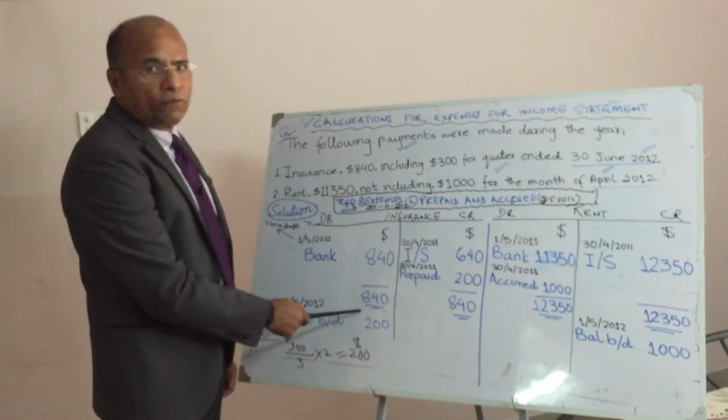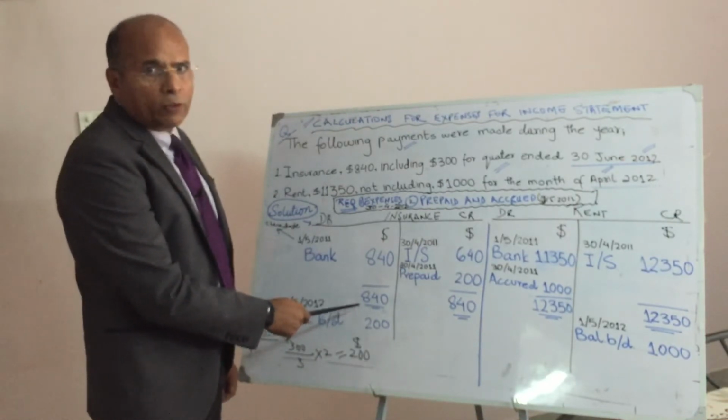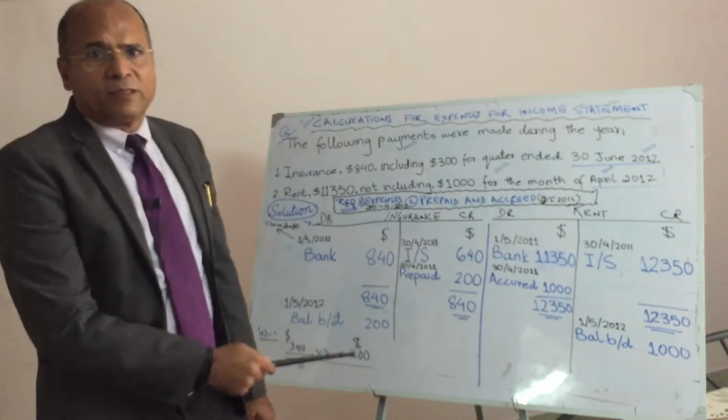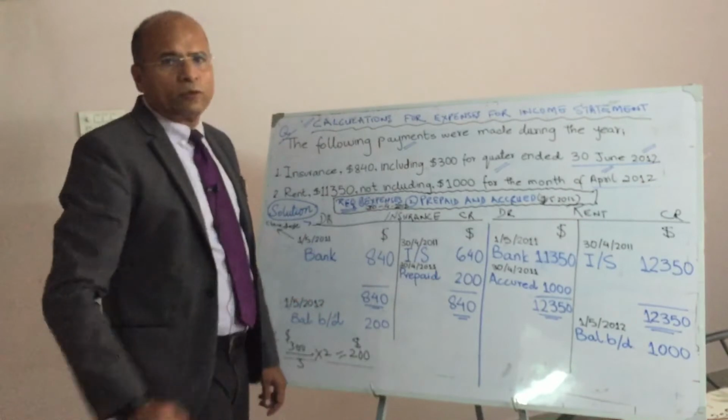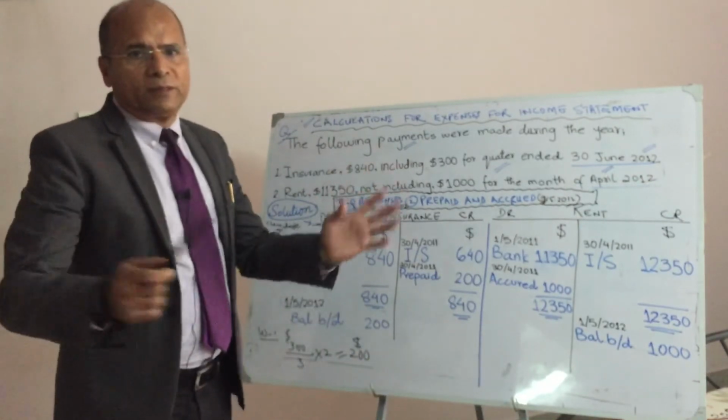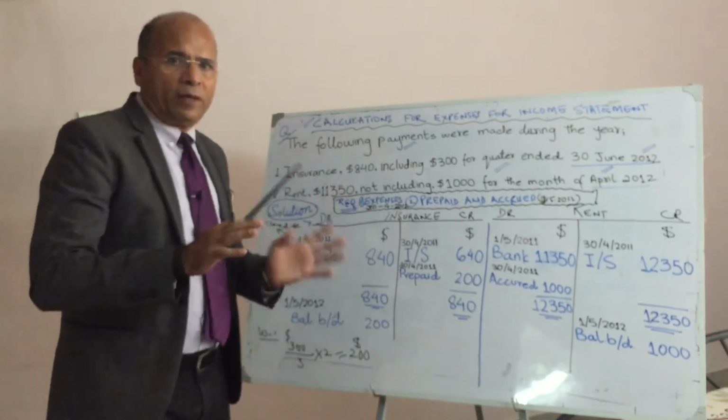It's called ruling off. I am thankful to my daughter Uneza. She has given me a lot of support in preparing this board, as well as my son has also supported me for the setting of the camera and all these things.